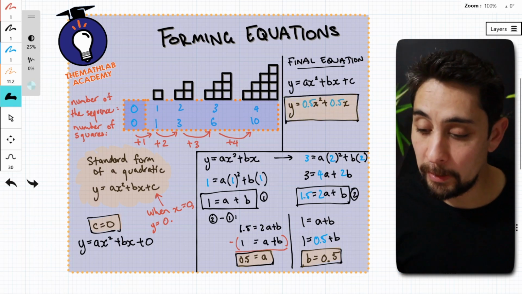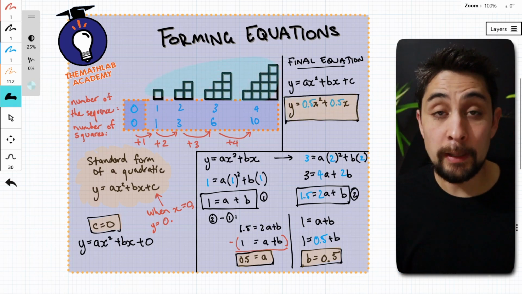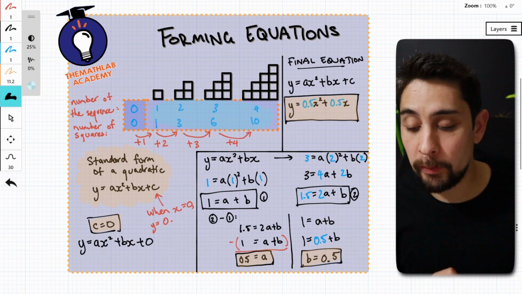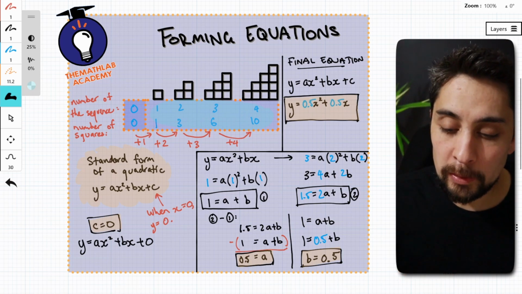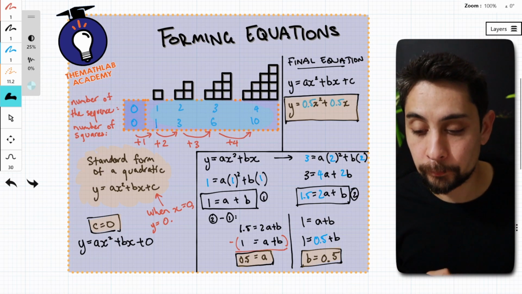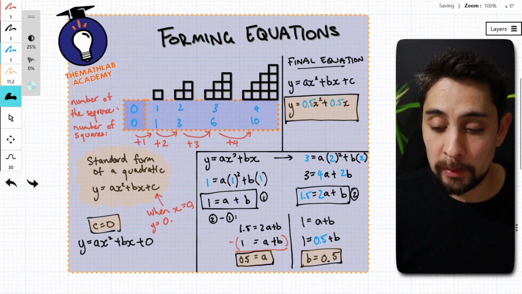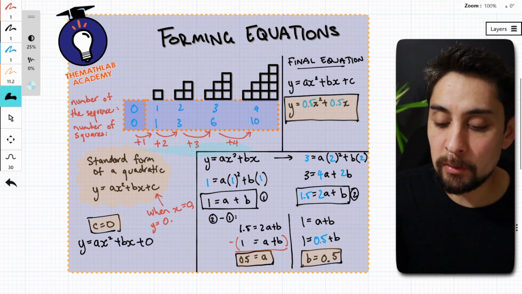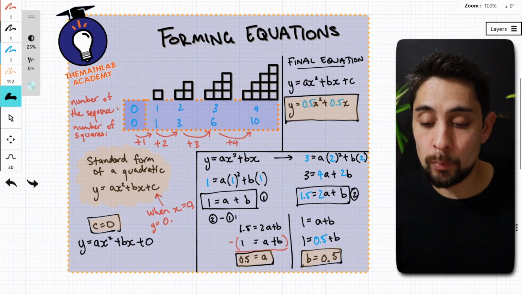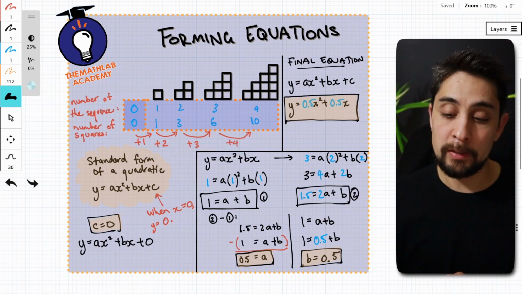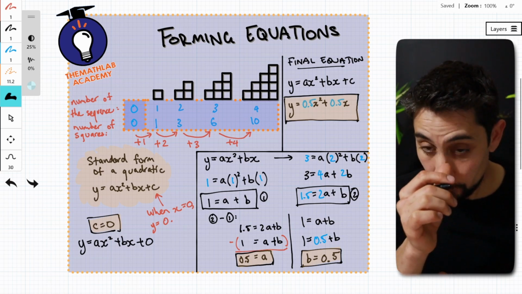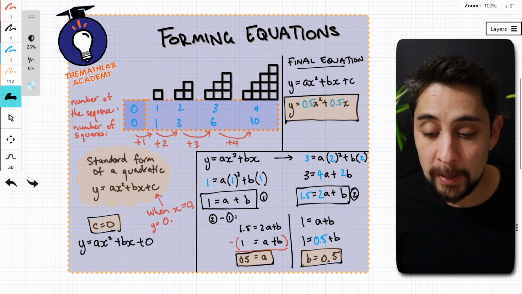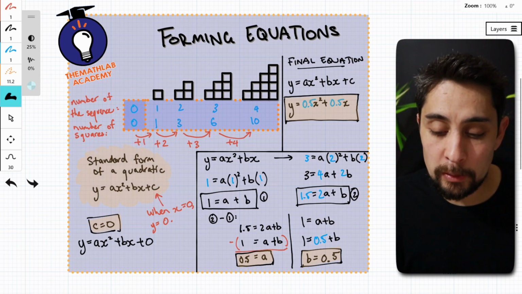And here is our final equation. So just a recap of everything we did. We started off with the step pattern and nothing else. From there, we created our own table just based on the step pattern, and we also stepped that back to 0. We found out that this table or this pattern was a quadratic sequence because the second row, or our second lot of changes, is what had the constant values, the difference between +2, +3, and +4. Because it's a quadratic equation, we used our standard form of a quadratic. And because we went back to 0, 0, we knew that the c on the end